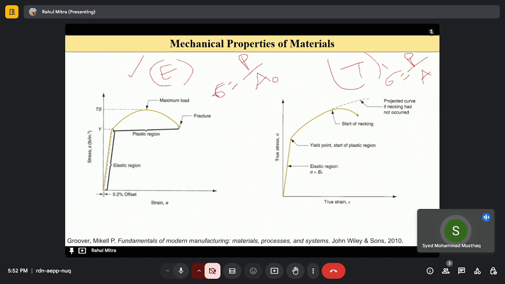Right? So the engineering stress and strain in a tensile test are defined relative to the original area and length of the test specimen. These values are used in design, because the strains experienced by any component of the product will not significantly change its shape. The components are designed to withstand the anticipated stresses encountered in service. A typical engineering stress strain curve from a tensile test of a metallic specimen